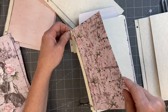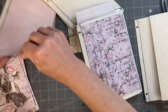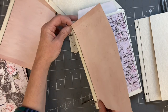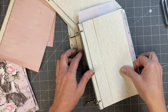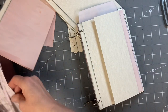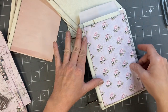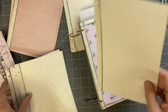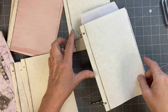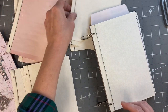I'll put another one of these in. I think I'll have to print the kit again too, or at least a few of the pages to get some collage pieces. So that's interesting, huh? What do we got left? A couple of those. So